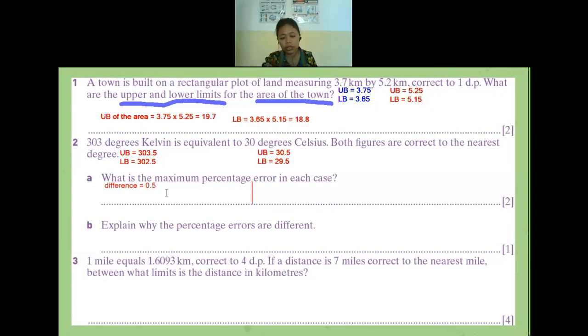So no one has difficulties finding the difference, right? Or is there anyone still having difficulties finding the difference? Is there anyone? No? Okay, because no one is telling me anything, I will assume that no one has difficulties finding the